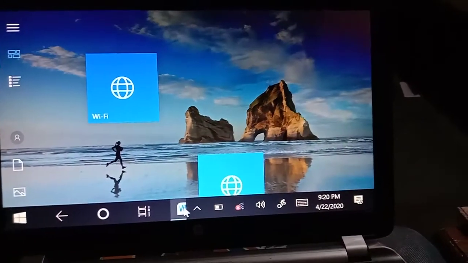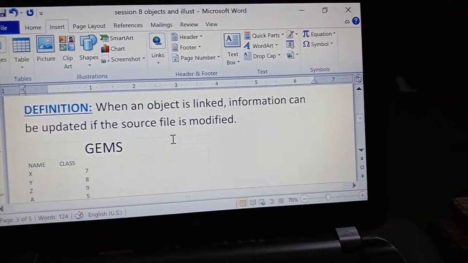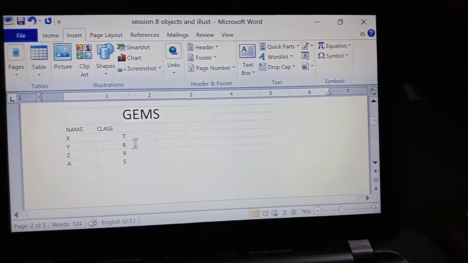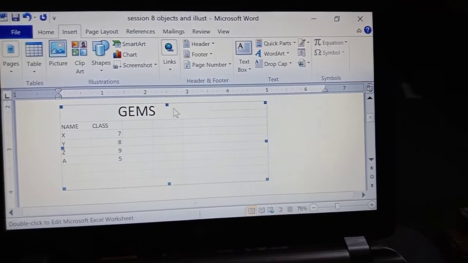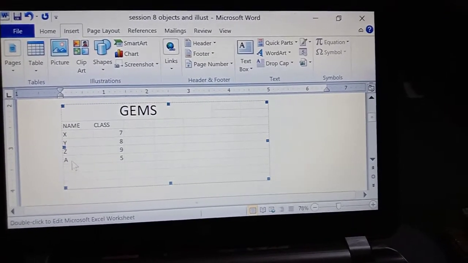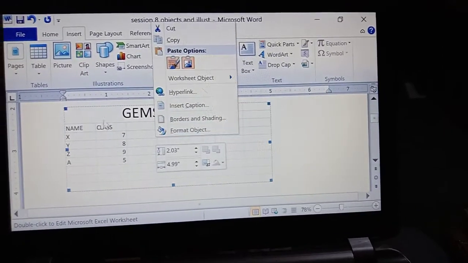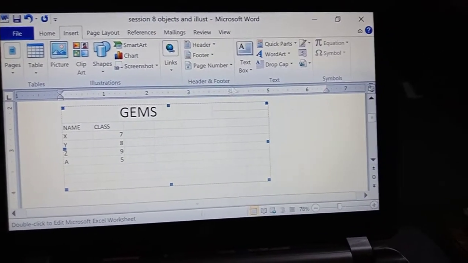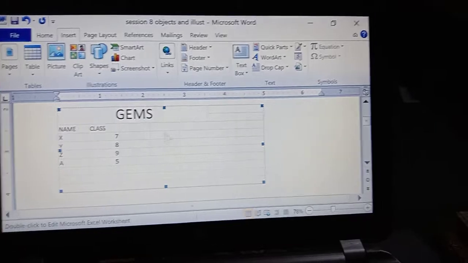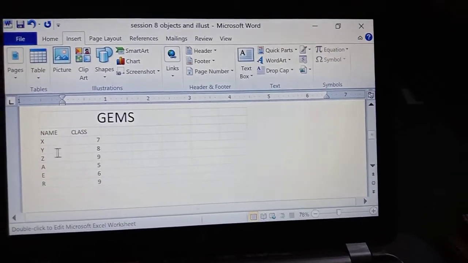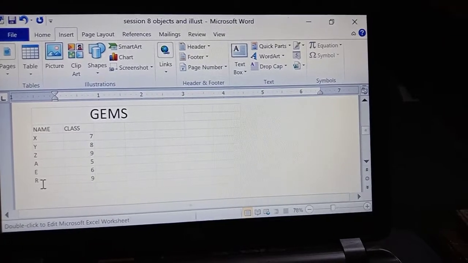Now if you go to Microsoft Word, what happens? See here, let us discuss. We modified the file there, but here, as before, we see only 4 names. We are not seeing the 2 names we have just updated. But whereas you observe here, 1, 2, 3, 4, 5, 6.